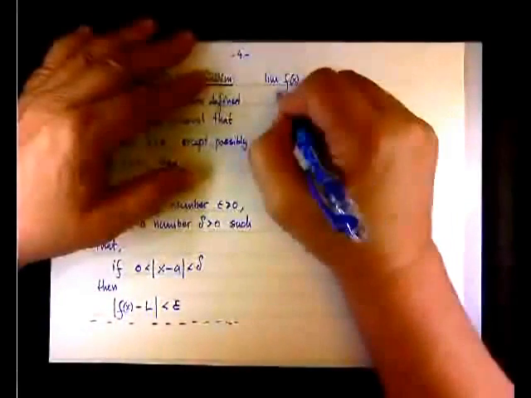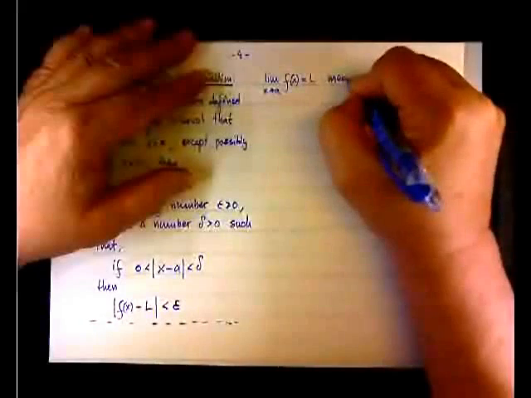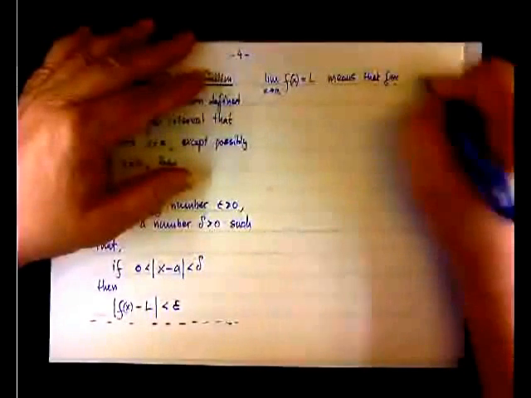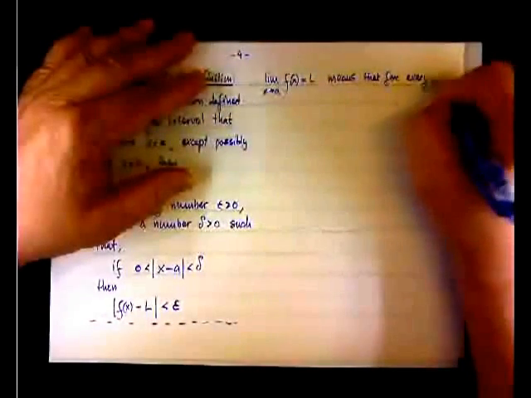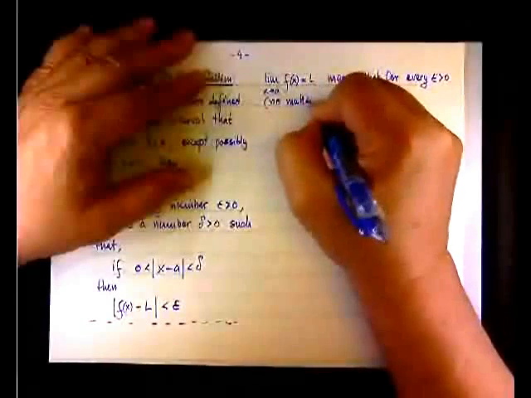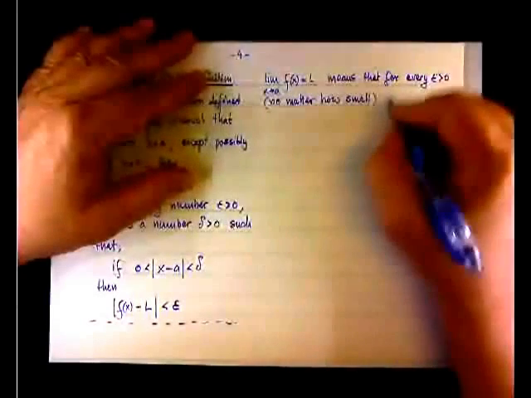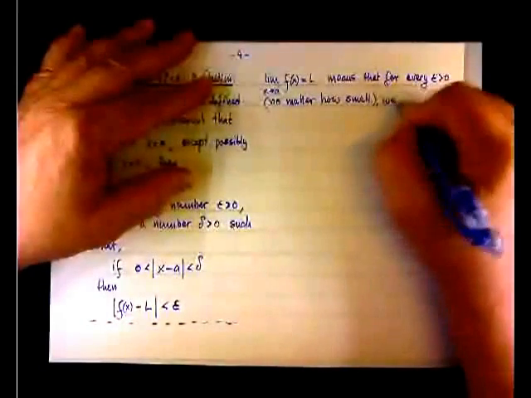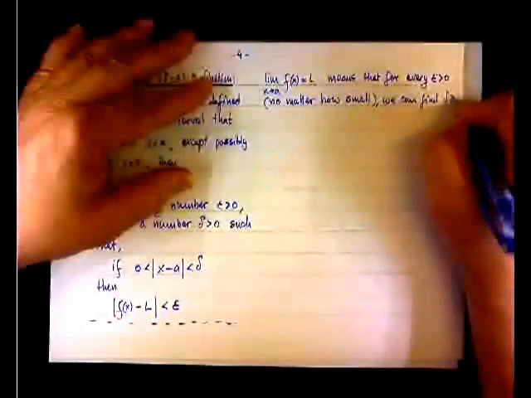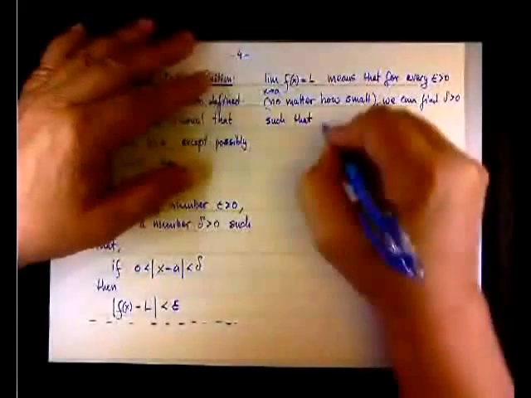For the interpretation, we're going to say that the limit as x approaches a of f of x equals L means that for every positive epsilon, no matter how small, we can find a positive delta such that for this particular delta,